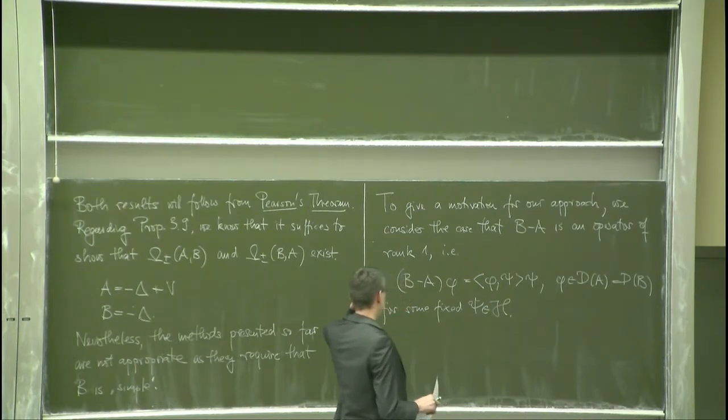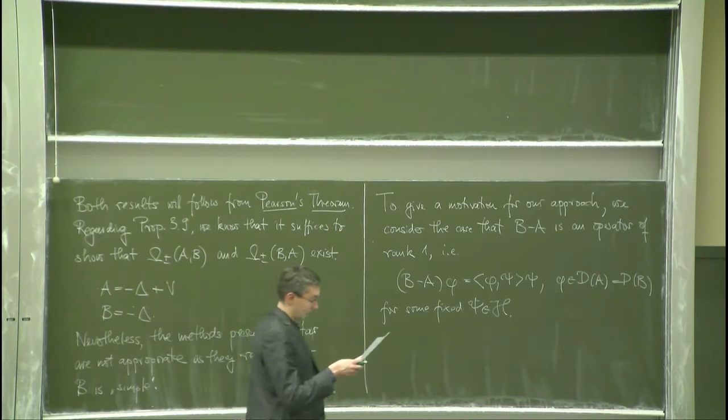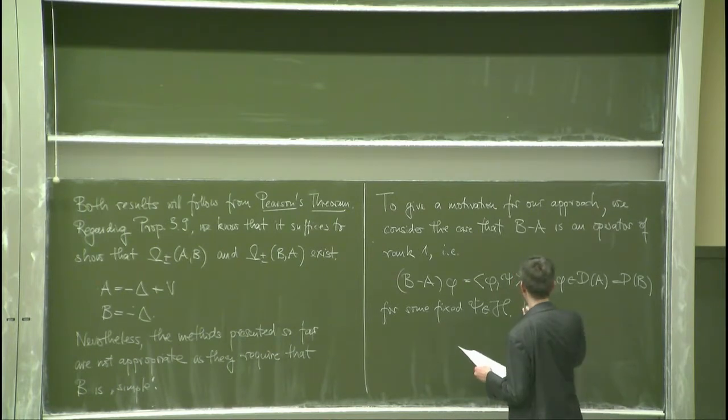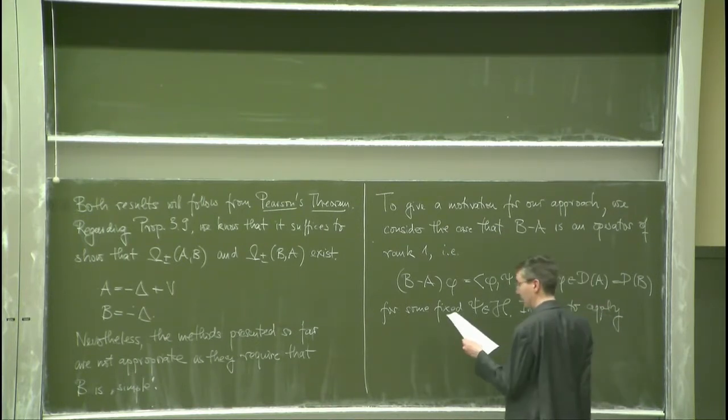Yeah, and when you think back to what we had when we talked about Cook's method, yeah, we need the following condition. So let me write it down first of all. In order to apply Cook's method,